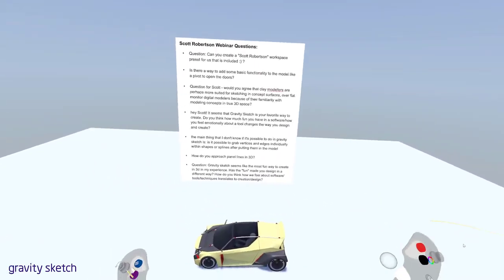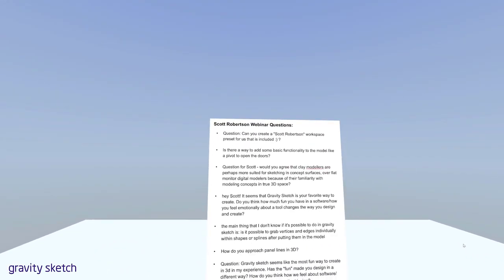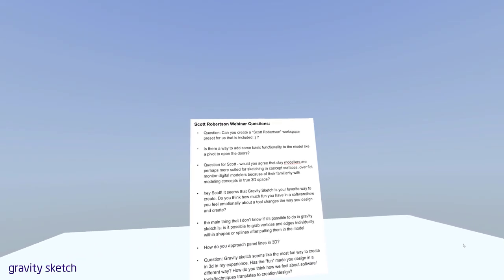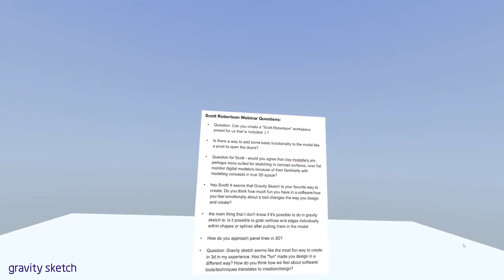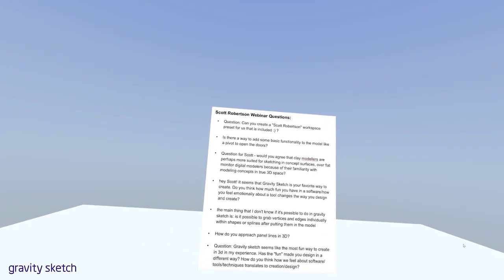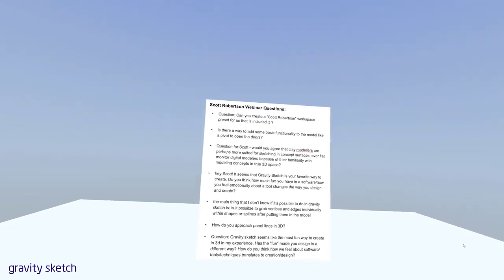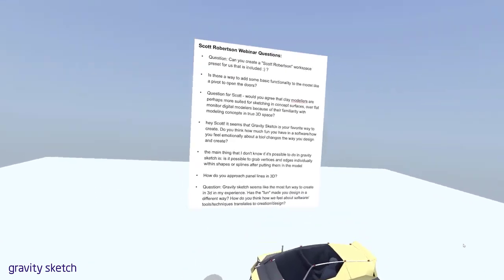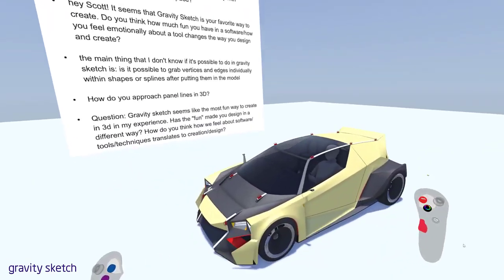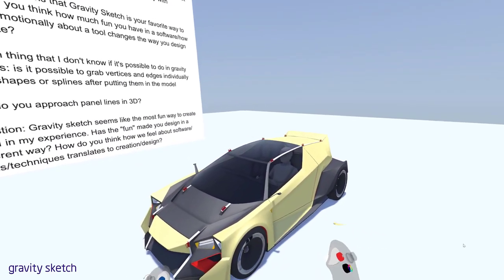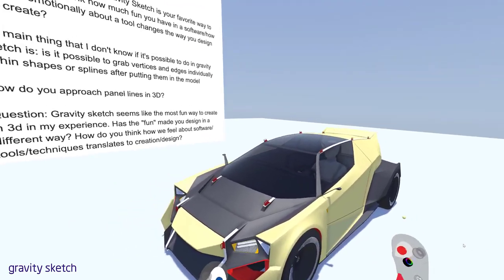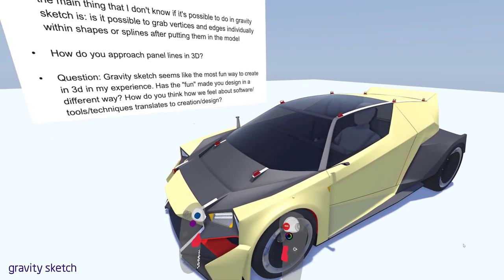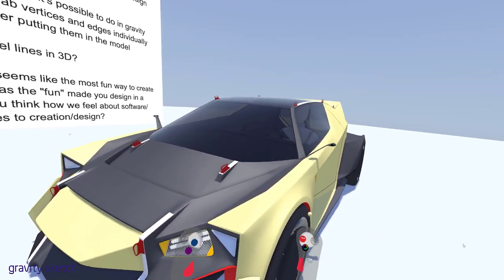It doesn't remember those, unfortunately, but maybe in the future that'd be a great thing to add, which is it could remember the locators. Would I agree that clay modelers are perhaps more suited for sketching and concept surfaces over flat monitor digital modelers because they're familiar with modeling concept in true 3D space? That's a yes and a no. So they're going to be really used to, because I've done a lot of clay modeling in the past as well, and I think where a clay modeler will have an advantage or be more familiar, let's say, is in